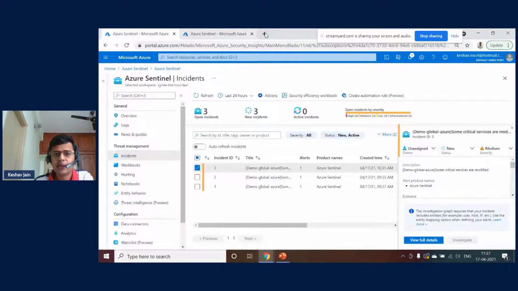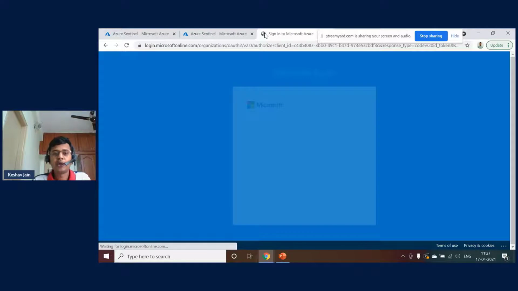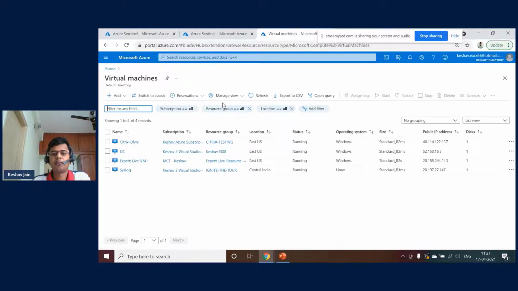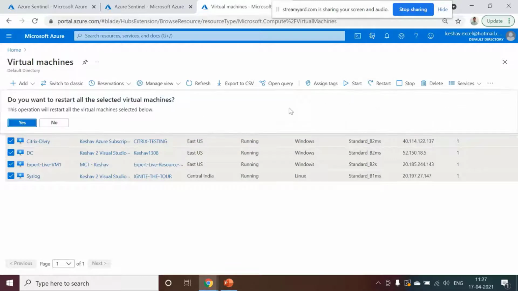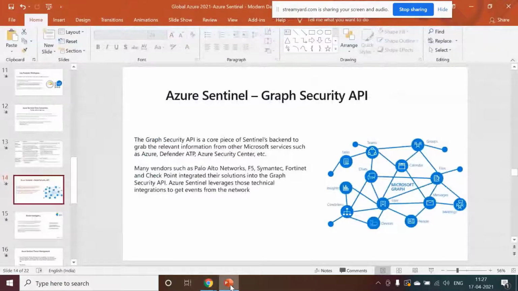So what I will do is quickly go to my Azure portal, and I will try to restart or do some actions on my virtual machine so that we may have some data for the syslog. Okay, I will just do restart. Maybe after 5-10 minutes we'll have some data. So let's quickly move back to the